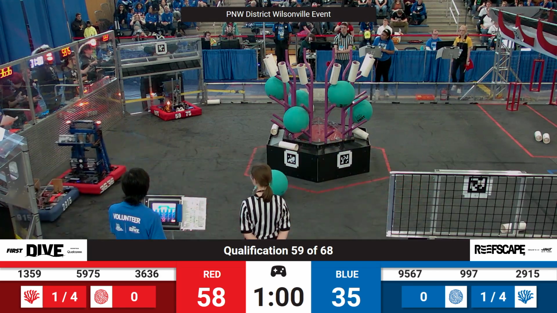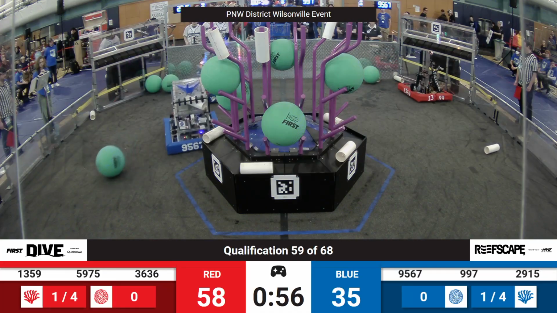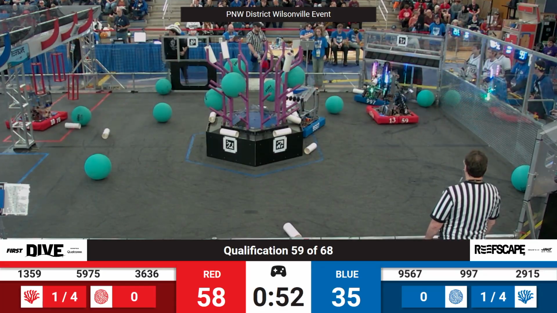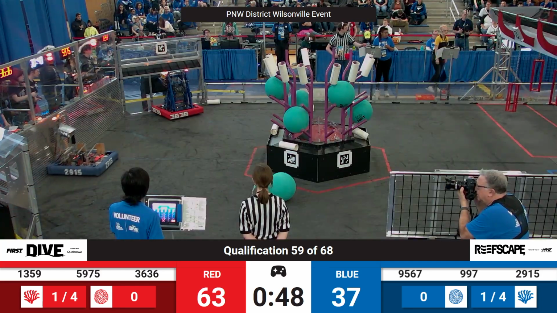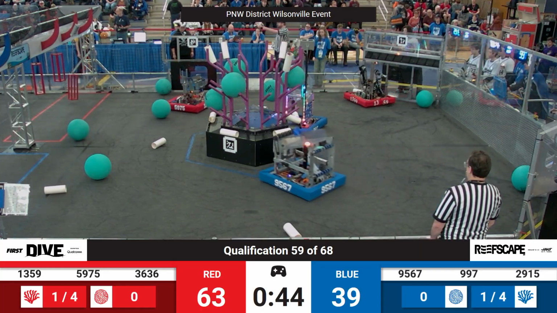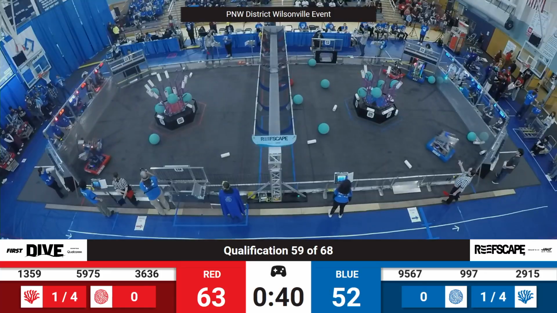Beta Blues lined up next to their human player, not moving a whole lot at the moment, but let's see if they can regain control of that manipulator. And they are going over to the center of the field. And they now look like they are on the blue side of the field, although there's already a blue robot over there. Reminder that you can only have one robot of your alliance on the opposing side of the field